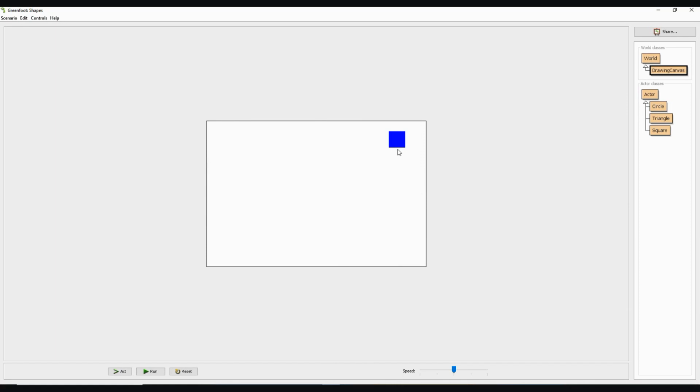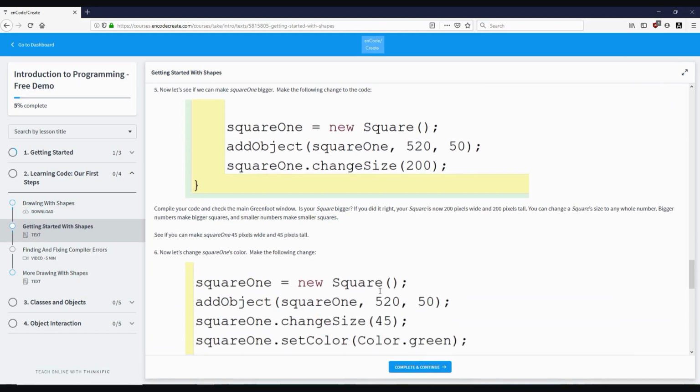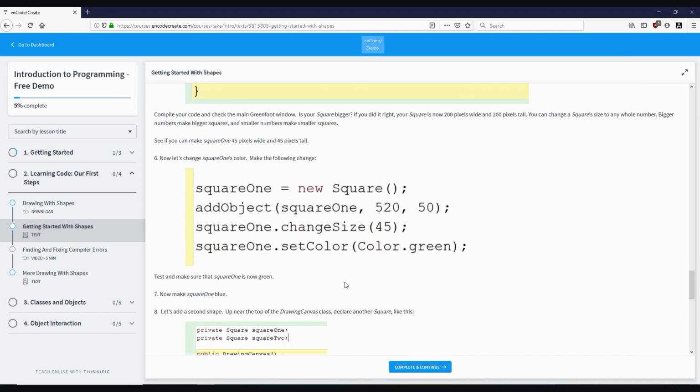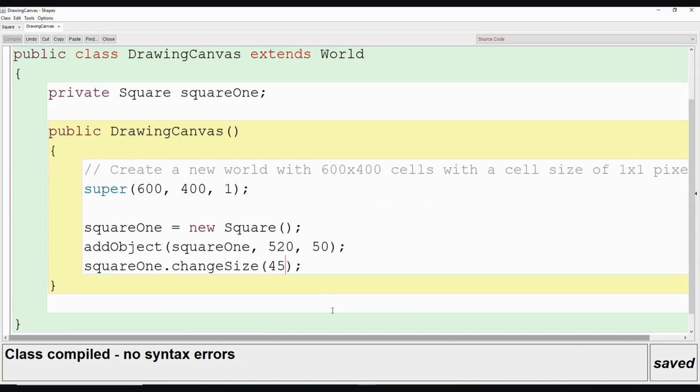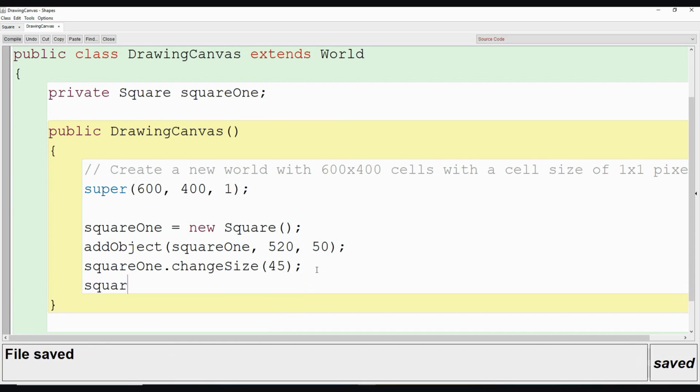After I compile and move back to the main window, I should see that my square is now smaller. Next, we're going to change the color. Our square is blue, but we're going to change our square so it's green, just like we used square1.changeSize. Now we're going to say square1.setColor(Color.green);